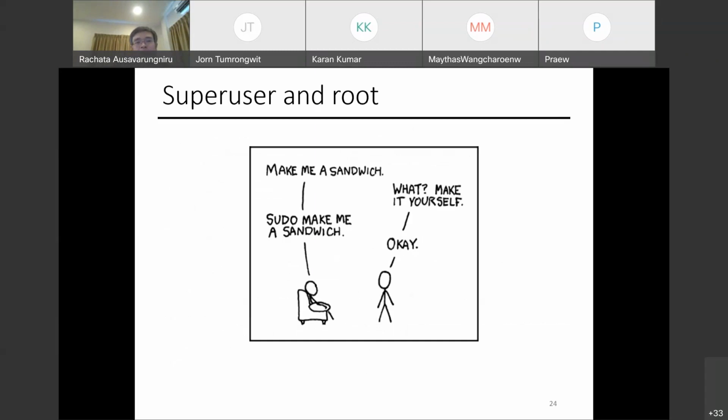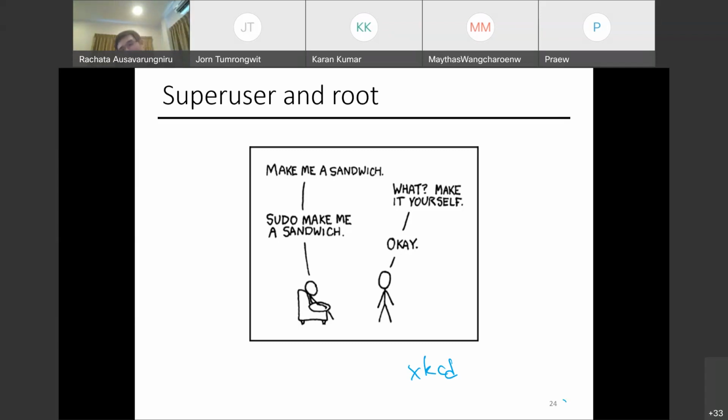So here's a joke about the super user and root. This slide has been here for a long time, even before I taught this version of the class. Anyone read XKCD? It's a comic that's really geeky, to the point that in many cases I didn't even read it. Anyone know about XKCD? Awesome. If you know those, you are definitely in the right place in this program. It's a comic that a lot of the time jokes about computer related stuff.